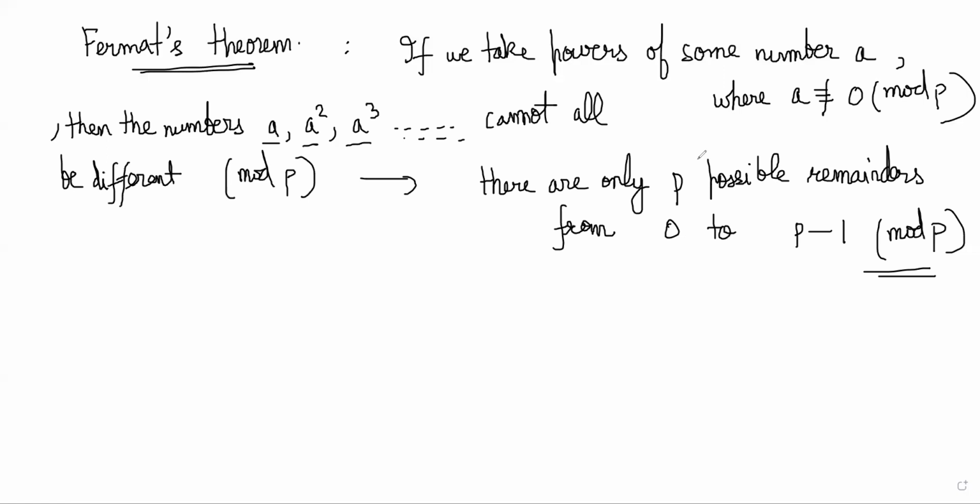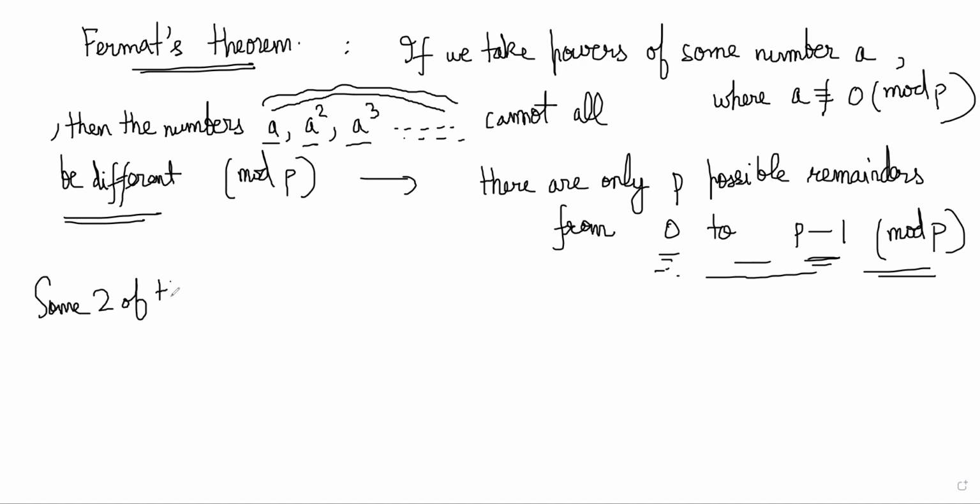So this infinite sequence of numbers, all taken mod p, cannot all be different, right? Some of them must be the same, no? Because they will all fit into 0 to p − 1, something in this range. They will all have remainders in this range. They will all be congruent to some numbers in this range, right? So therefore, some two of them must be the same,